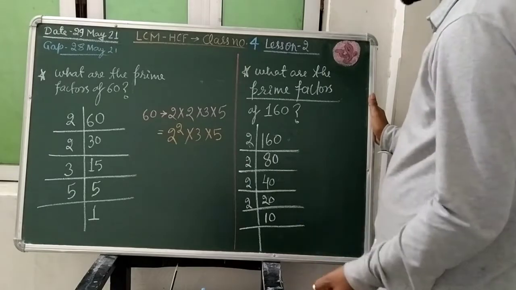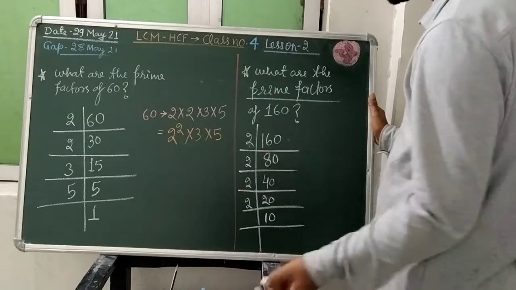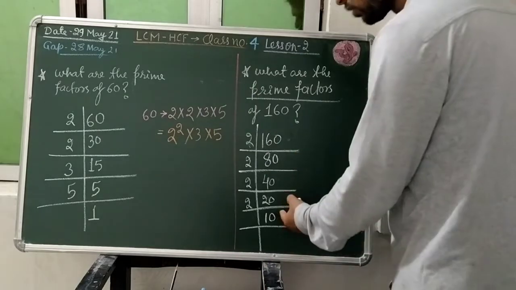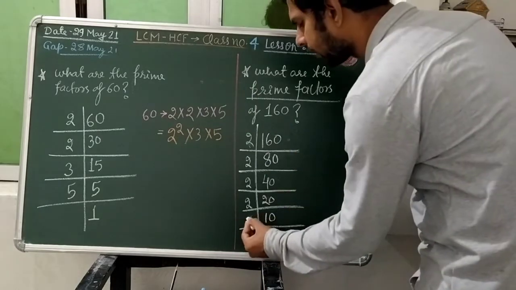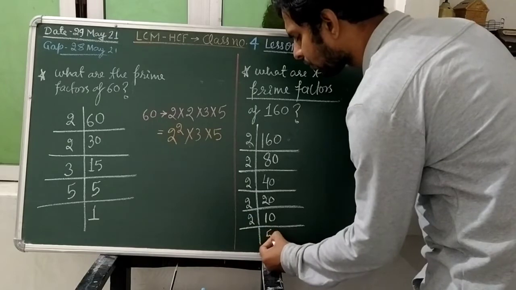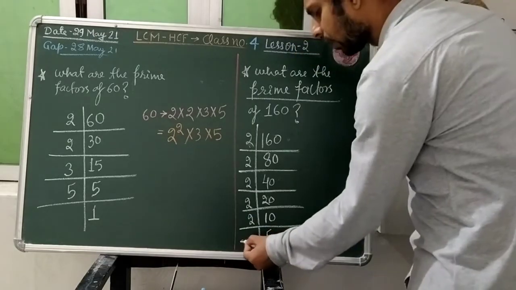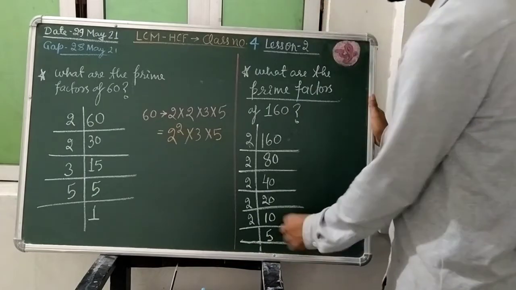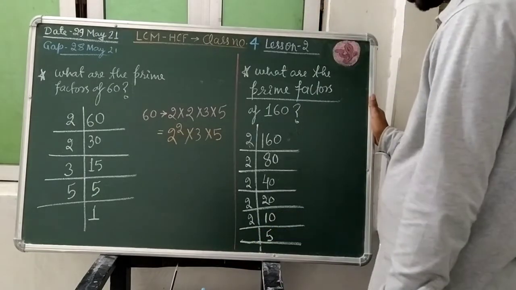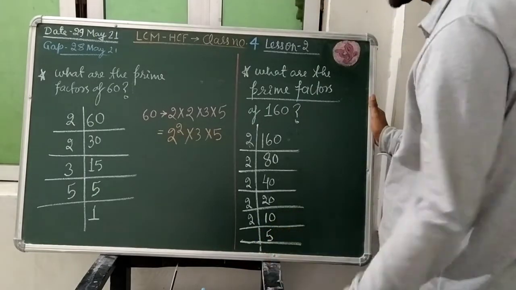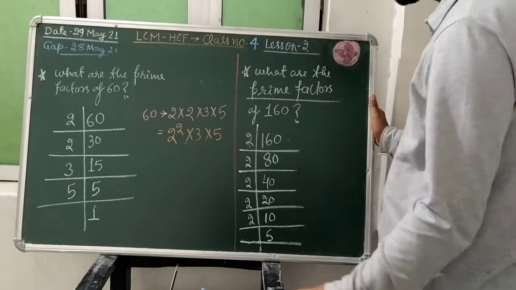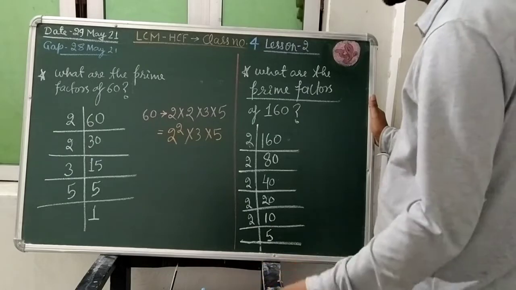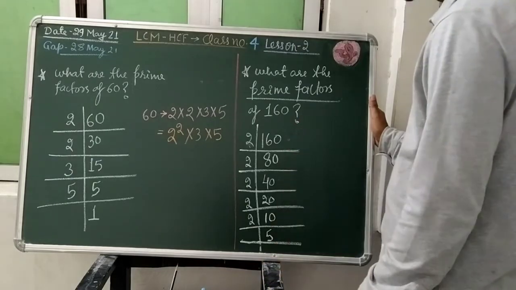So again for a composite number we shall start from 2, and we'll move up to 11. So whether 2 is going to divide it, yes, 2 is going to divide it. It will go how many times, students? 5 times. So here you are looking at, students, we are getting 5, which is a prime number. 5 is a prime number. And for a prime number, I have told you, the only factors of a prime number are 1 and the number itself.